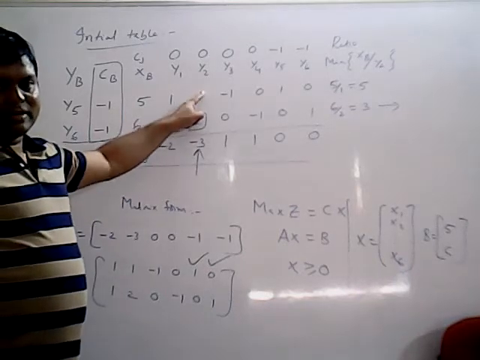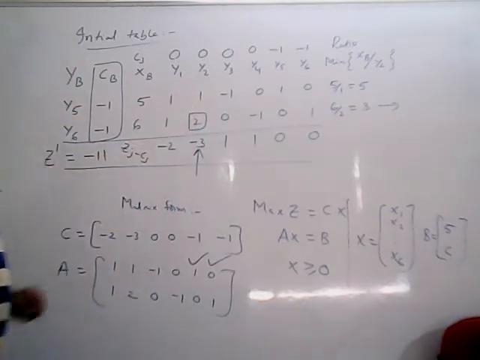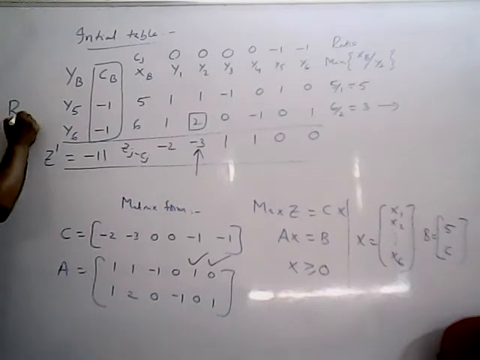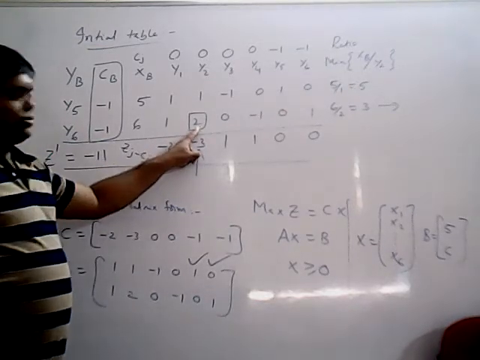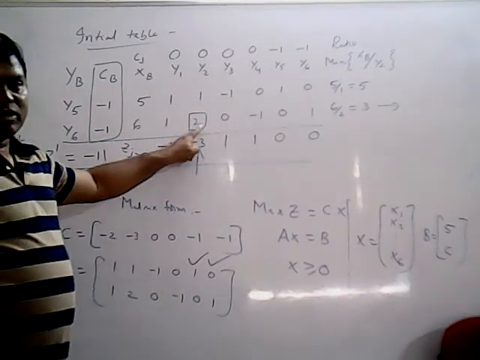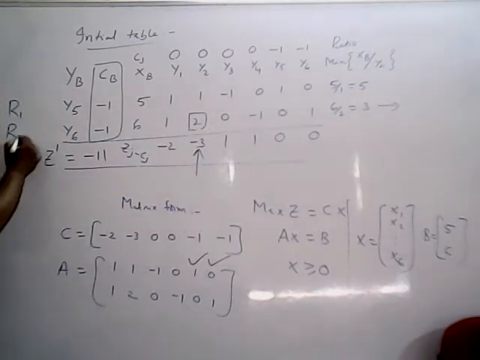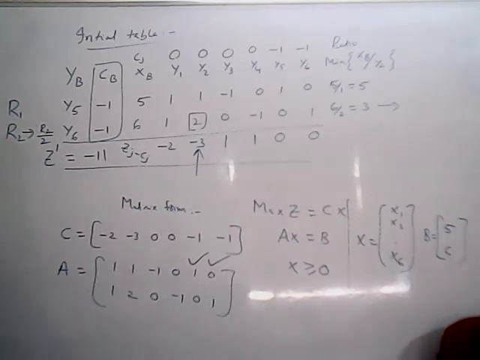The other elements in the particular column should be made equivalent to 0 by performing matrix row operations. How many rows are there? Two rows, R1 and R2. Same concept as already done. Now the key element is in which row? The second row. First I will write the second row operation. I want 1 here. How will you get 1? By dividing itself. So the operation is R2 implies R2 by 2.